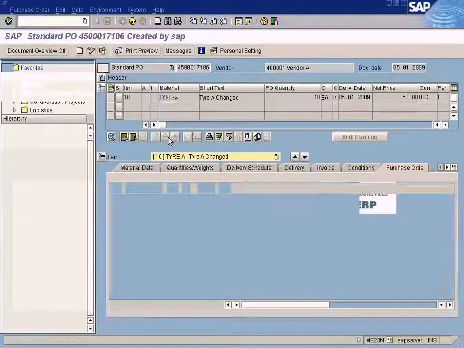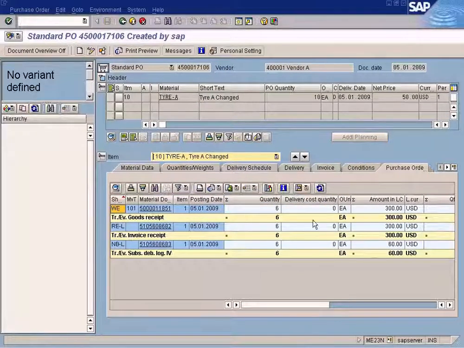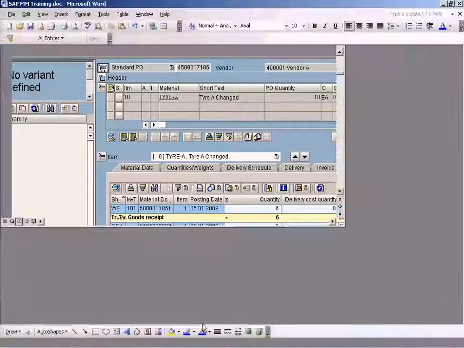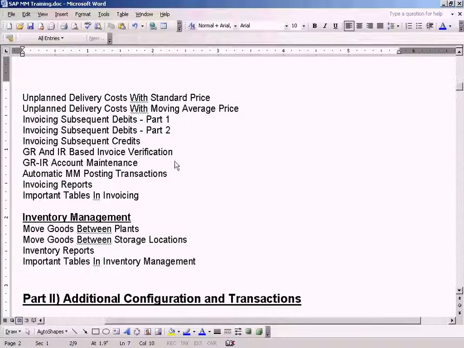Now let us go to ME23N and we know the amount has been posted to the price difference account, okay, and not to the GRIR account. So let us do the credit part now. How do we post